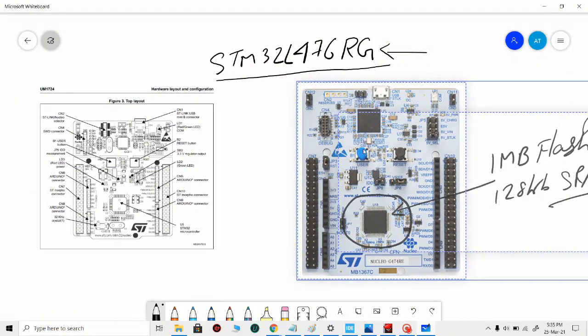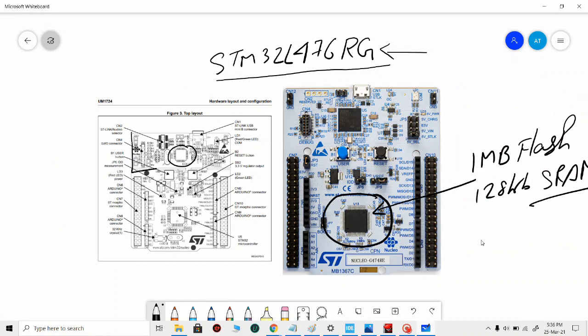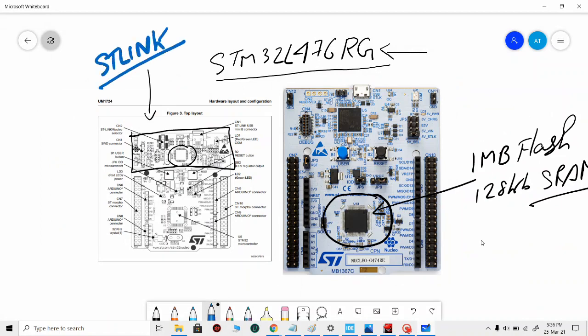This whole section is your ST-Link, which is used to program this microcontroller using the USB cable. There is an on-chip bootloader inside this chip, so with the help of that, you can program this chip.